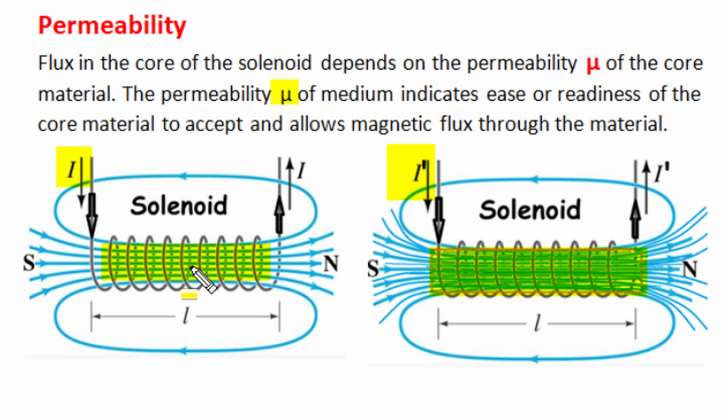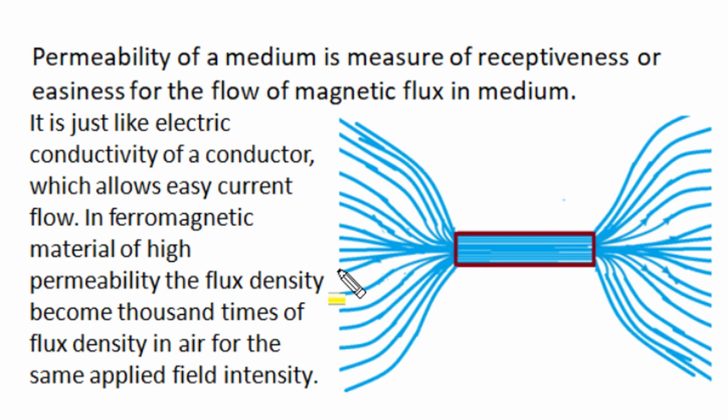So in comparison to air core, flux can easily and in higher amount pass through an iron core, as shown here in this drawing. In the same applied magnetic field intensity in air and in iron core, the amount of flux density is different, and the reason for this difference is the higher permeability of the iron medium. The permeability of a medium is a measure of